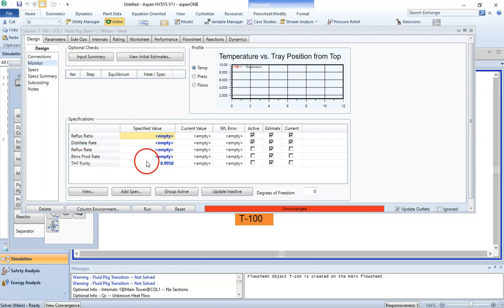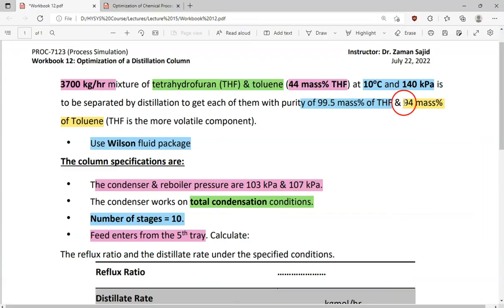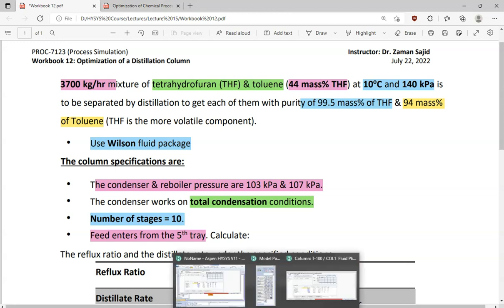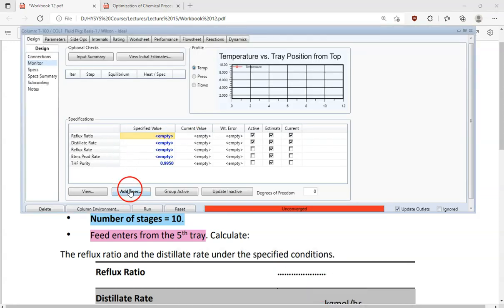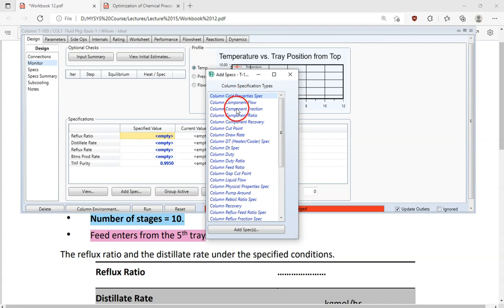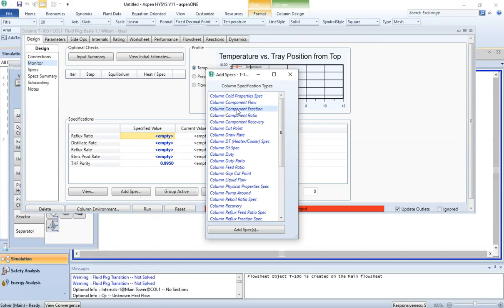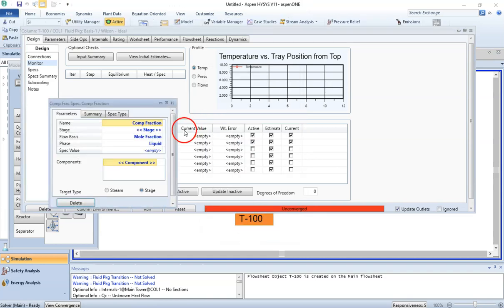As you can see, HYSYS has developed a stream which has a specification of the THF purity. The same procedure I will do for my next one, which is 94 mass percentage of toluene, but this time it will go to the reboiler. So click on Add Specs and click on Column Component Fraction, click on Add Specs, and now let's give it a name of toluene purity,